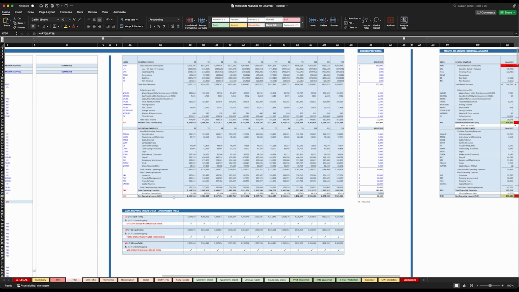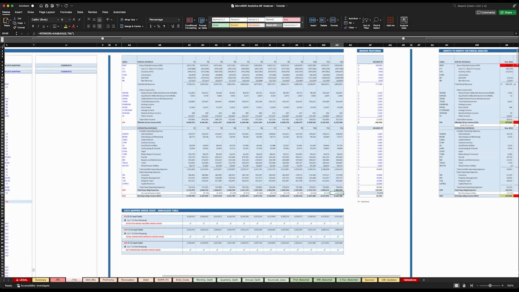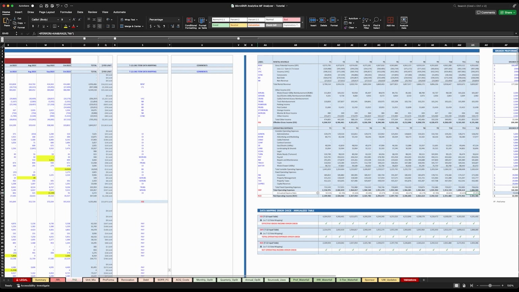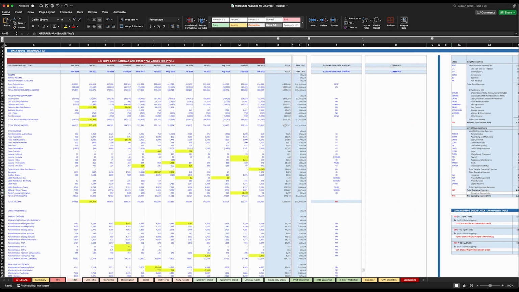When it comes to the annualized data, it's important to look at your annualized expense ratio, because this will give you a better idea how that property has been operated over the past 12 months. If we're looking at the T12 at 45%, which is what you would expect for a Class B property. And one thing that I forgot to mention, a couple of areas on this section,